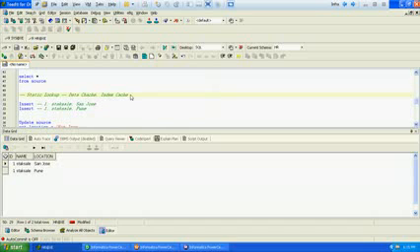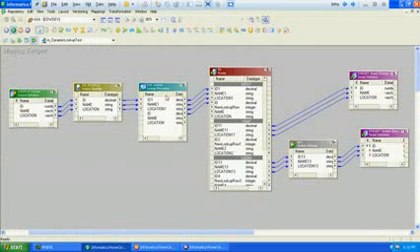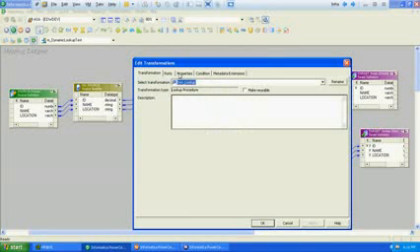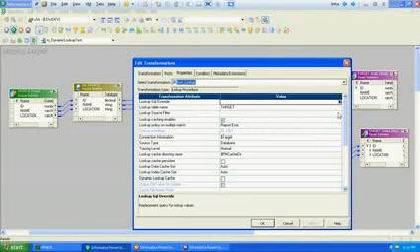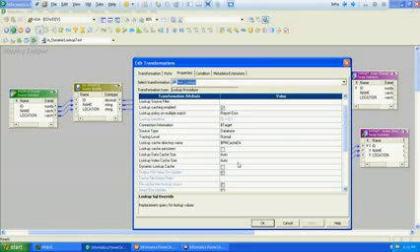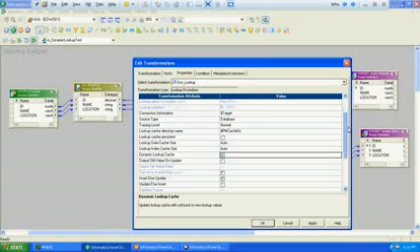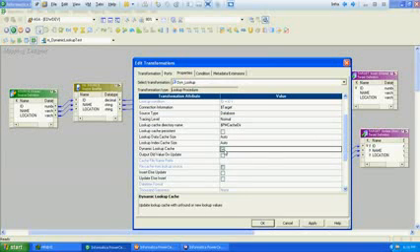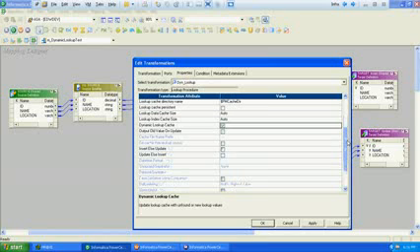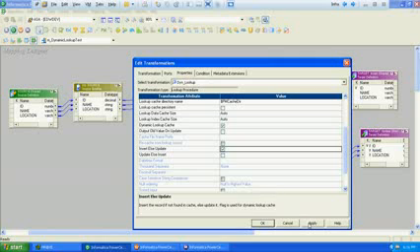We'll see how we can overcome this situation using the dynamic lookup. We don't have to make many changes while creating the dynamic lookup. We just have to check this thing. When we have to convert a static lookup to a dynamic lookup, we just have to check this particular checkbox and the insert else update option. I will tell you the significance of this insert else update strategy.